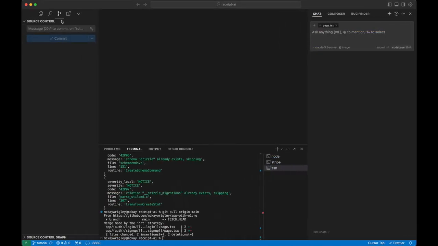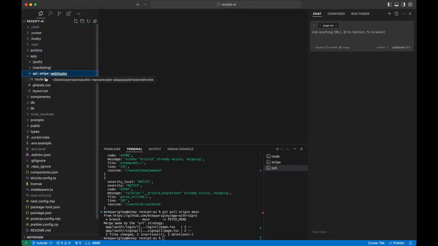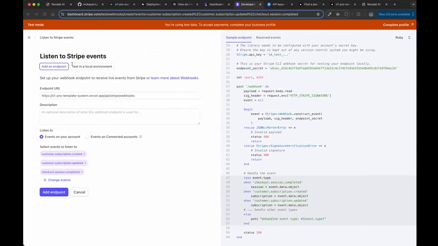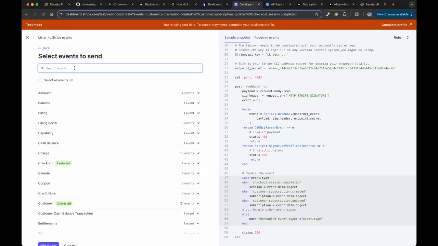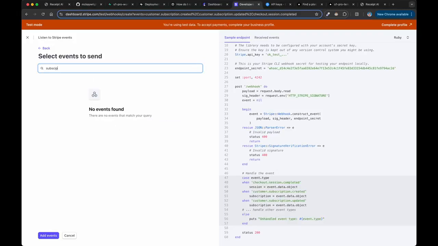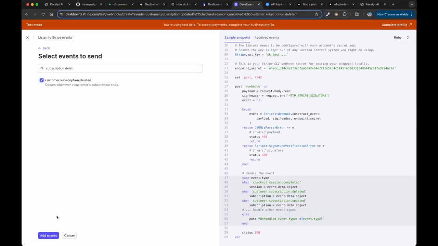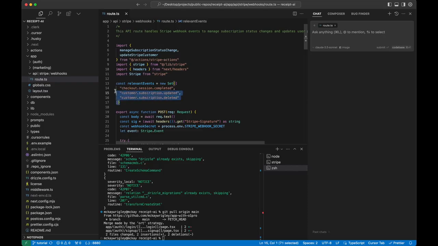And these actually correspond if we open up our code here. Let's go to app/API/route. You'll see we actually have these 3 events being listened to. Oh, we actually need to do subscription.deleted. I lied. Let's change these events really quick. We'll uncheck created and we'll do deleted. See, even I make mistakes sometimes. So you should have updated subscription, deleted subscription, and session completed to match the relevant events from our route.ts file